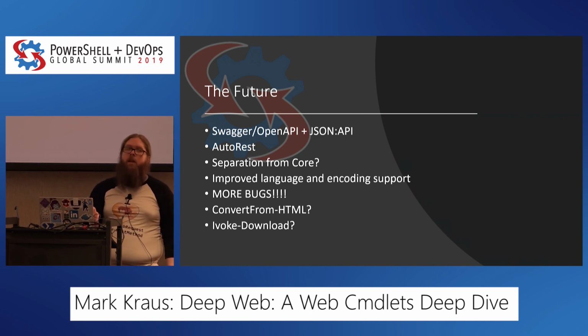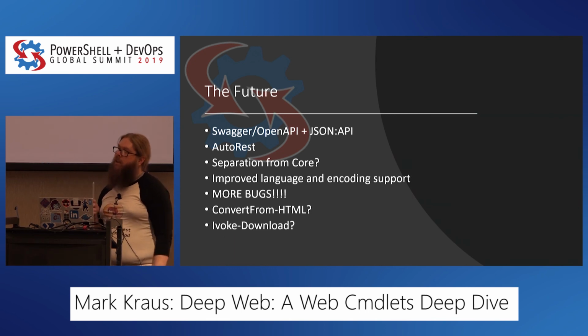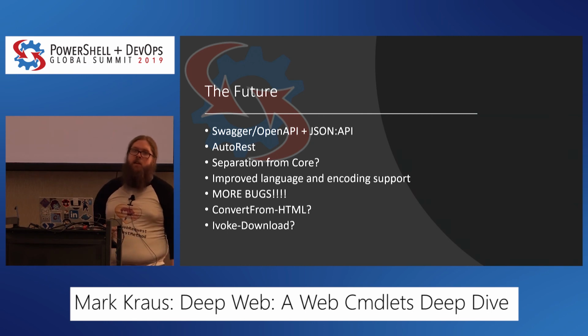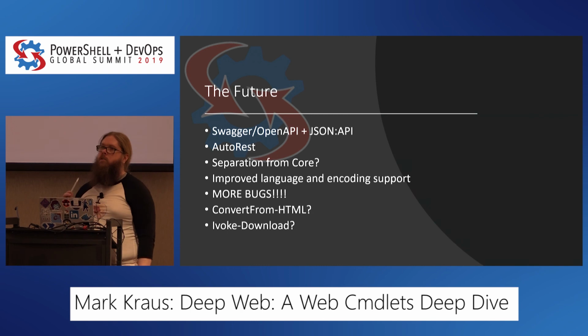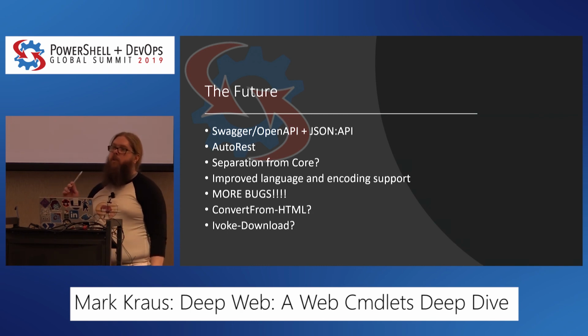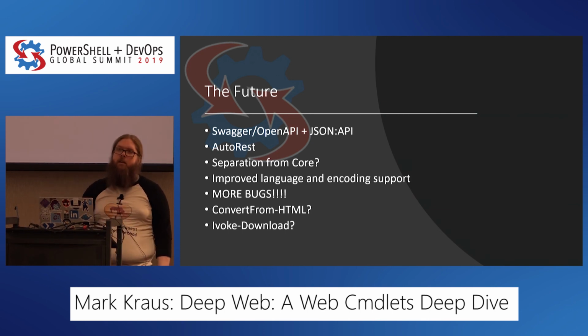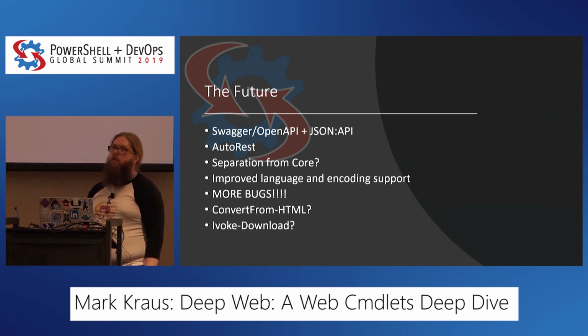What I think we may need to do is revisit Invoke-RestMethod and look at an Invoke-JsonMethod. I think JSON is going to be the de facto way. There's still XML out there, but the pressure from customers and the general public is, stop giving me XML, I hate it. So I think we'll have to invest even more heavily in how we interact with JSON